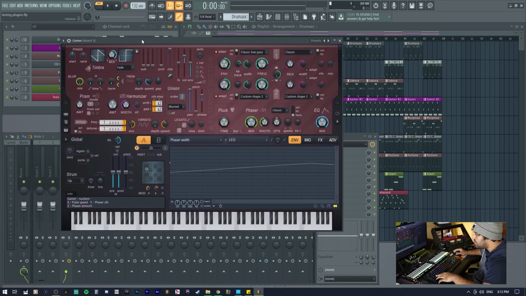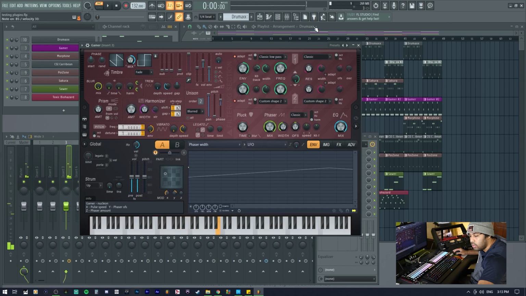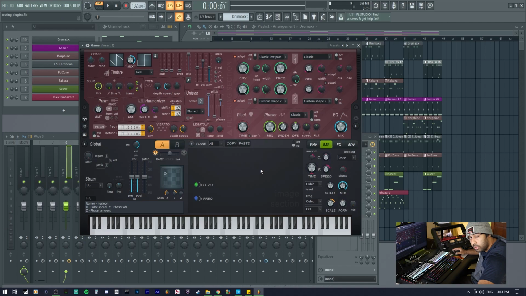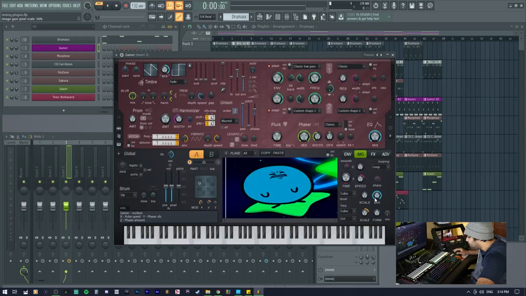Next up we have Harmor. This is a pretty in-depth effect. That's the sound I was using. You could do interesting stuff that you can't do in other plugins, like adding an image. So let's find an image online real quick. Here we go, we found a great photo. We could change the timing, make it start right up here. That's what Harmor does. Pretty cool, right?